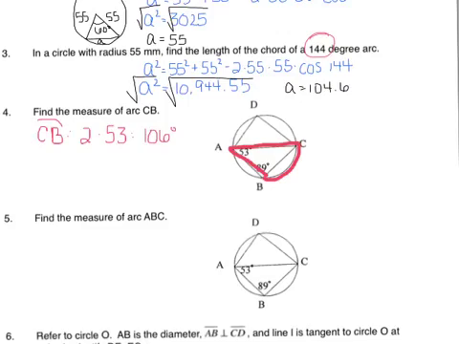Okay, now we want the measure of arc ABC. That would be this. Let's highlight that. Arc ABC is here. I would love to assume that that's half the circle, but I can't assume that. And here's why I know I can't assume that. We learned a theorem